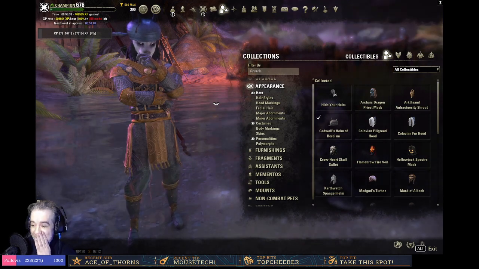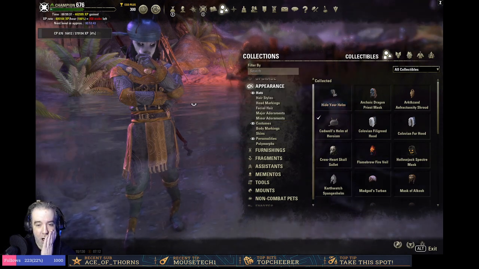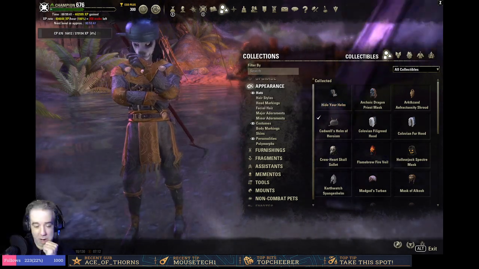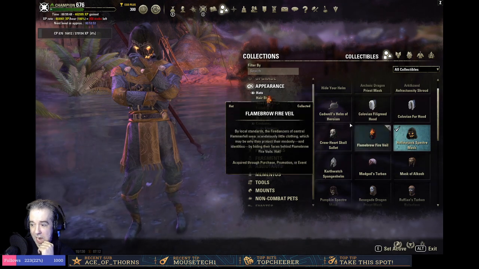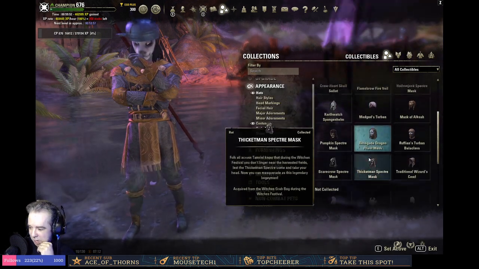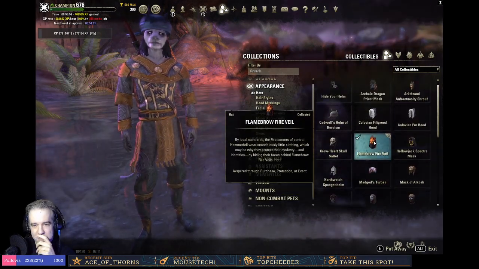I still have the hat. Oh, this is brilliant. Wait, does this mean I can wear these hats whilst wearing that costume? I can. That's amazing. Okay, that's great. So I've got the turban, I've got the...